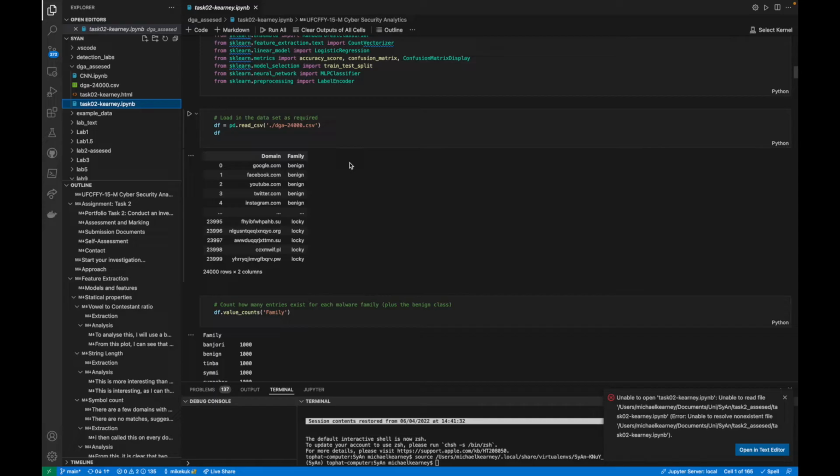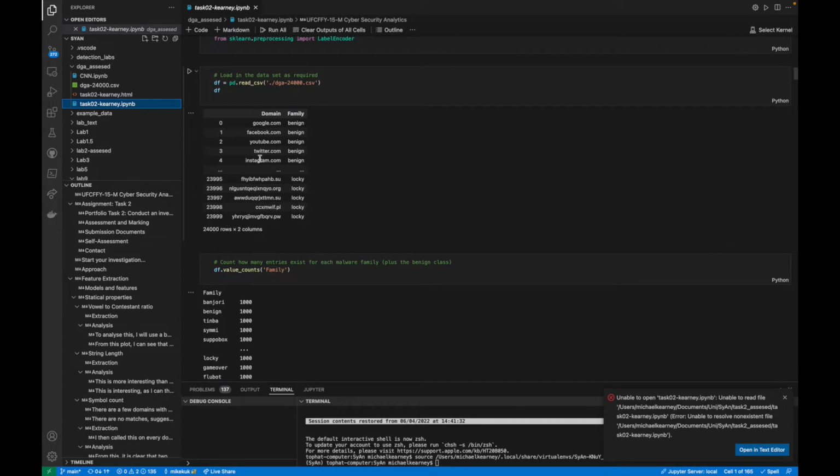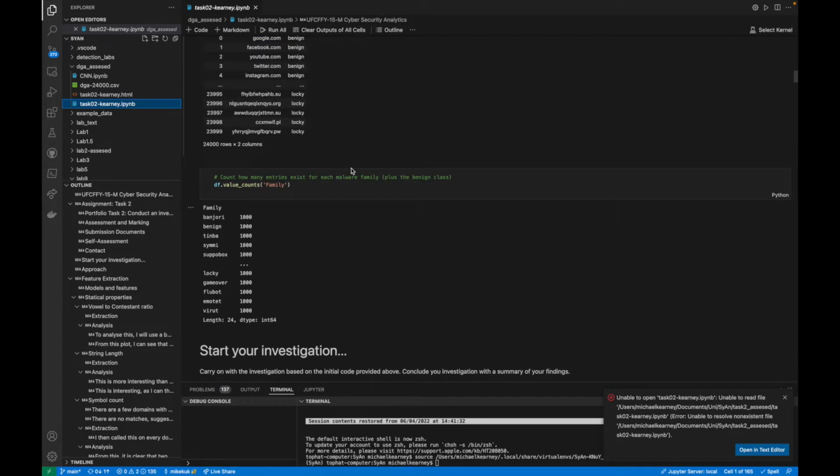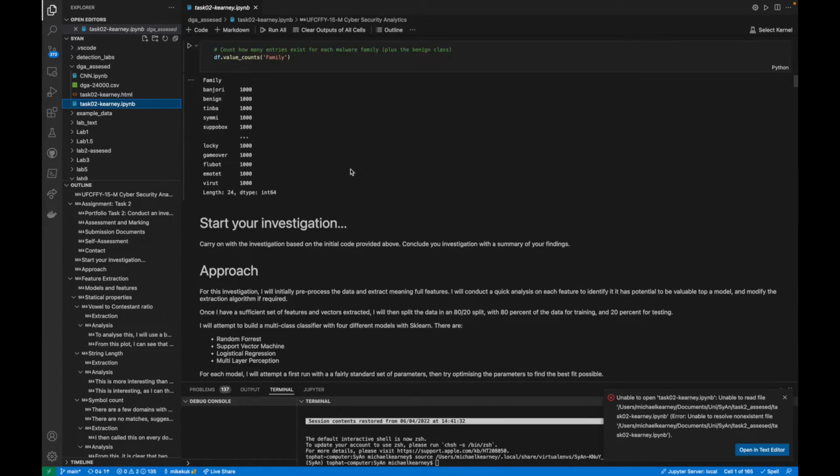And that brings us on to task 2, using machine learning to categorize the names generated by malware based on their domain name generation algorithm. The task provided a dataset of 24,000 different domains divided into 24 categories, that being 1 benign and 23 categories of malware. The task was to train and compare a few different machine learning models to predict to which class